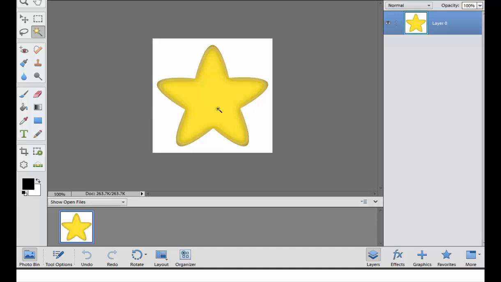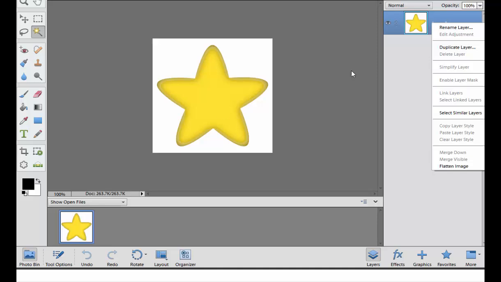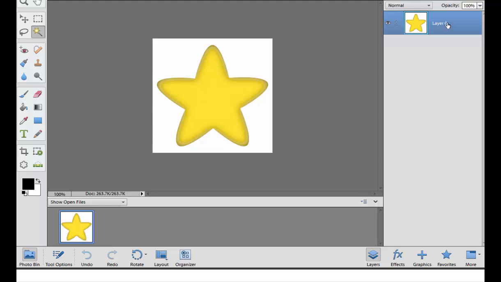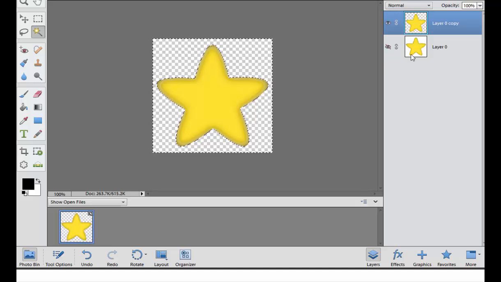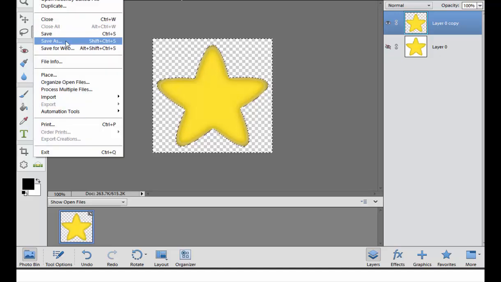Now the way I'm going to do that is in Photoshop Elements. Now you can use whichever tool you know how to use, but this is the one I know. So I'm going to right click on the layer. You've got to have the layers panel visible. You can toggle that with this button down here. I'm going to do duplicate layer and just leave it as it is. And I'm going to make that other one invisible, so I'm going to actually play around with this layer, and then we want the magic wand tool, and we can just click on the white background and then press the delete key on the keyboard